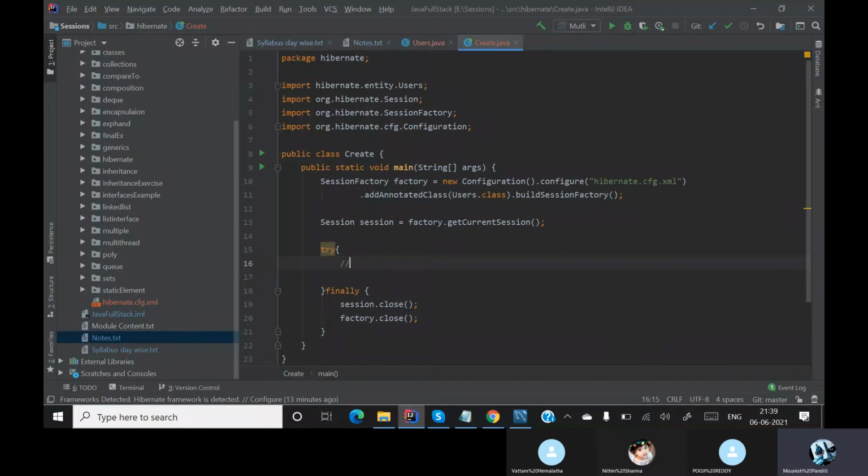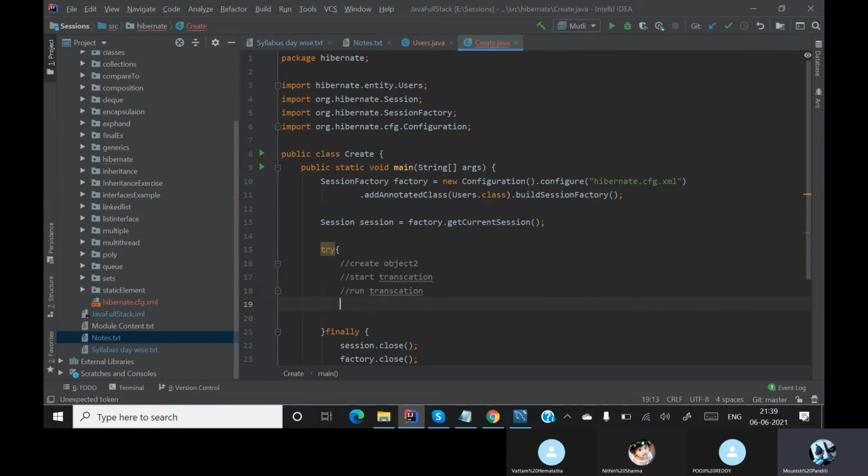So we'll put it in the finally block, because whether it is giving me any errors or the program is running successfully, the finally block gets executed. Now inside my try block, what all should be there? First, you need to create something. Basically first we need to create the object of the entity class. After creating the object, you must start a transaction. Here a transaction means nothing but a process. After starting a transaction, you must execute or run the transaction.